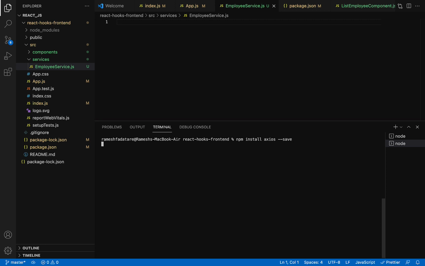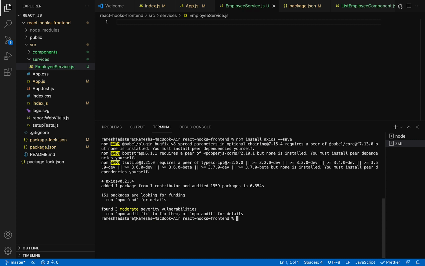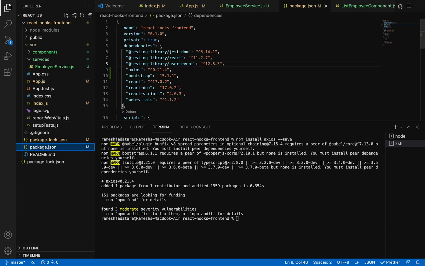Go ahead and hit enter, and let's wait a couple of seconds. There we go, the Axios library is successfully installed. Just to verify, go to package.json, and here you can see the Axios library is added in the dependencies section. Now we are good to use the Axios library.